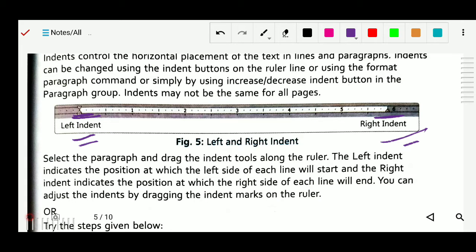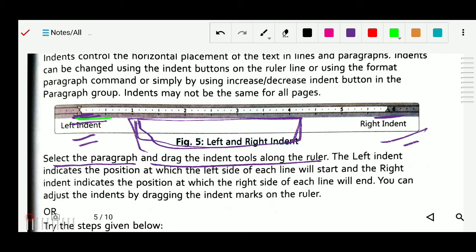Select the paragraph and drag the indent tools along the ruler. So like that we will select the paragraph and drag the indent tool. I will select this text and move the indent here, so all the text will move here.